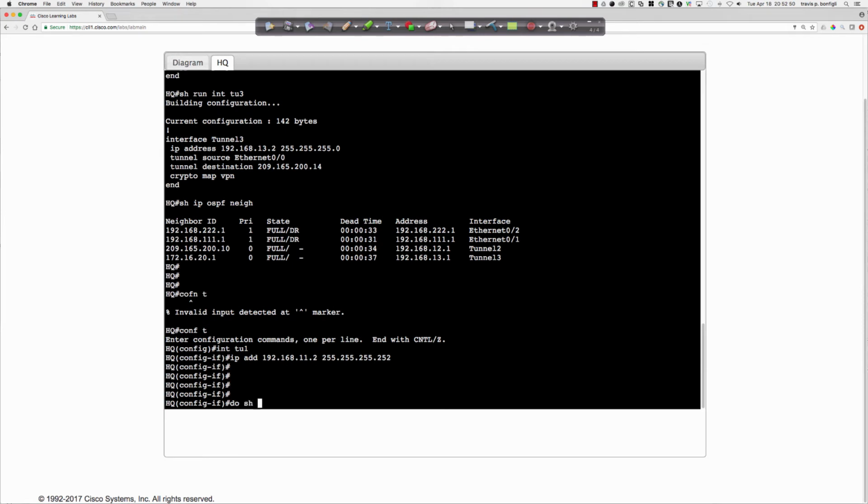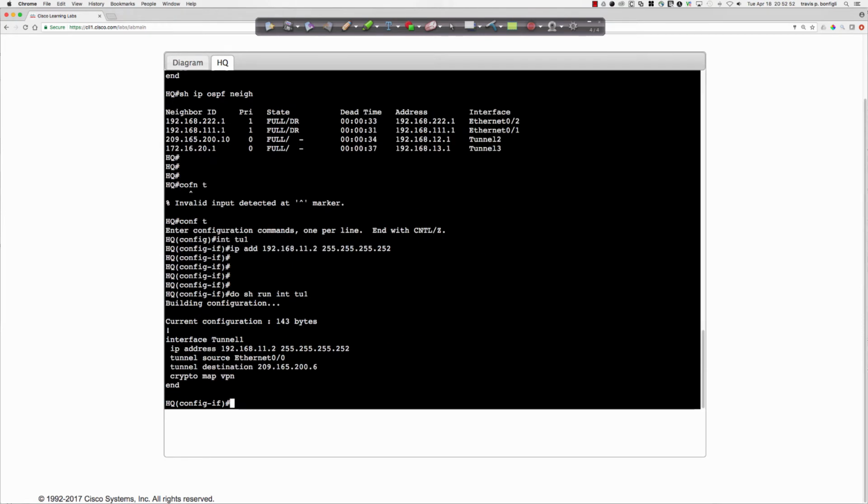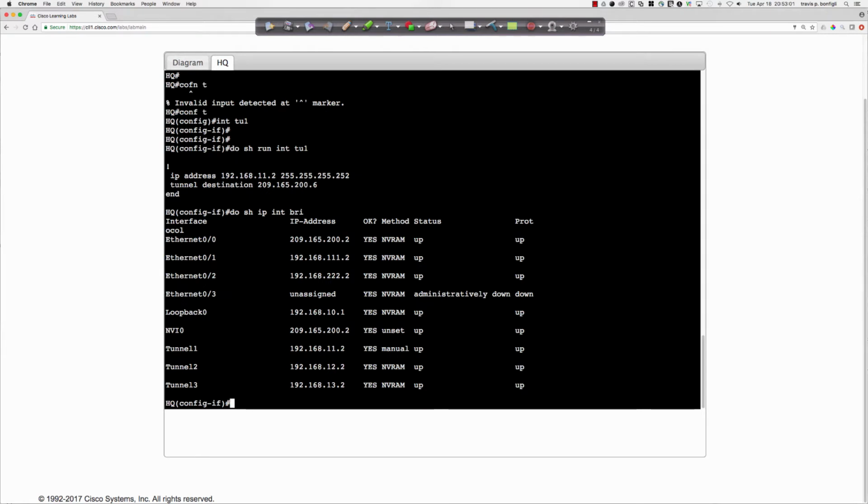Do show run in tunnel 1. Let's make sure that we've got the tunnel source, the tunnel destination. The crypto map was on there. Do show IP interface brief. All right, so it shows that it's up. So now let's do show IP route for the